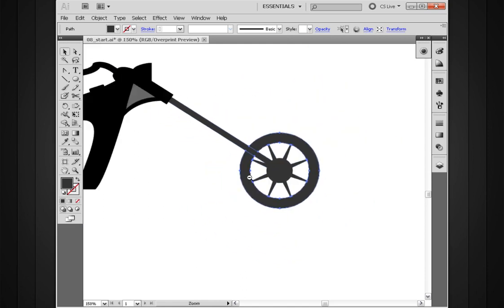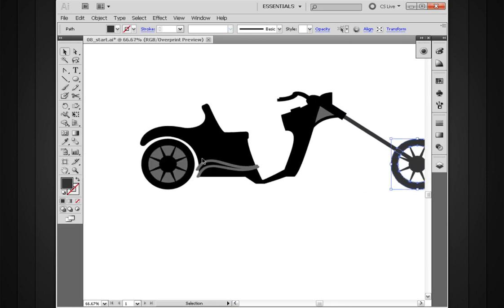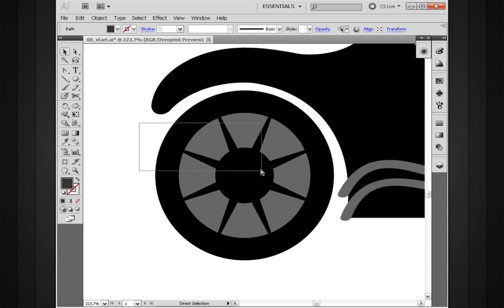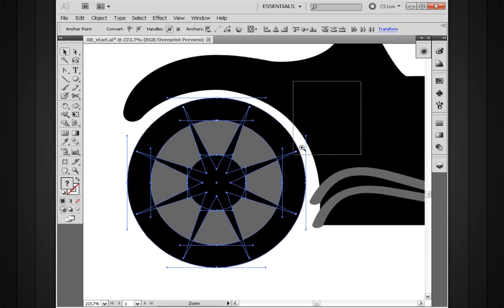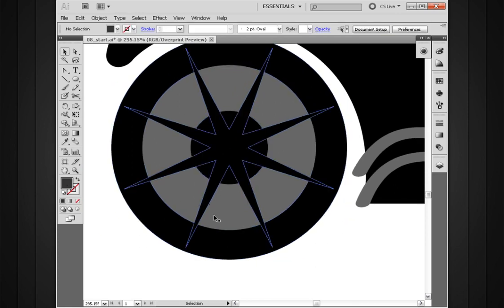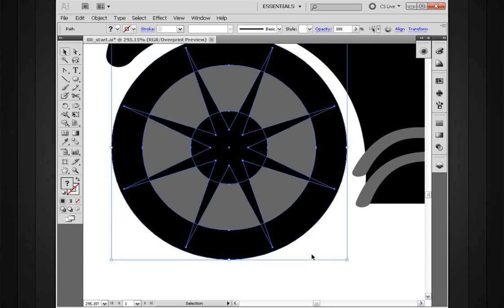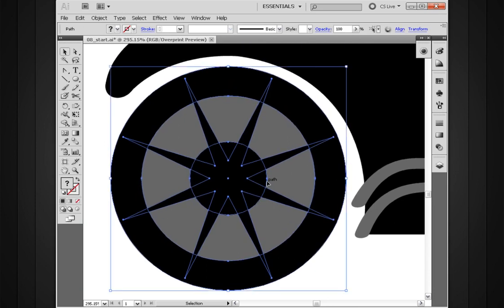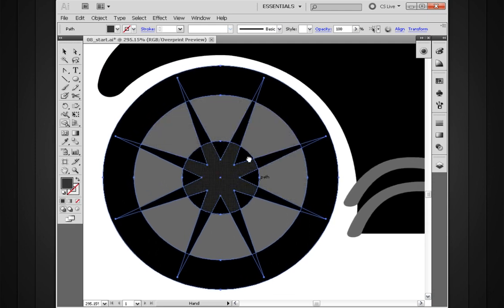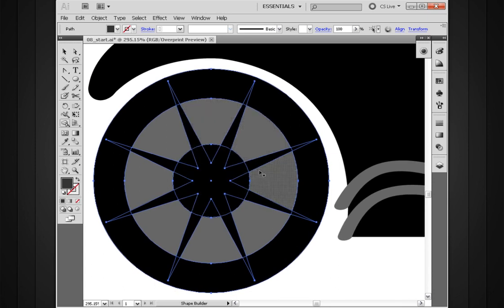Now let's go ahead and zoom out here, and then we'll come back to this back wheel of our motorcycle, or our scooter here. And I want to show you one other feature that the shape builder tool has. Now, we have a very similar setup with this wheel as we did with the front wheel. So I'm going to use my selection arrow, and let's select all those components here. And let's switch back to our shape builder tool with the Shift M keyboard shortcut. We could come in here and do the exact same thing, but one other keyboard modifier that we can use with the shape builder tool is the Shift key. By holding down the Shift key,